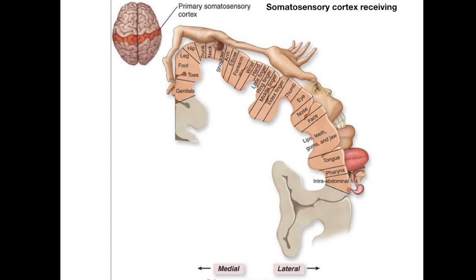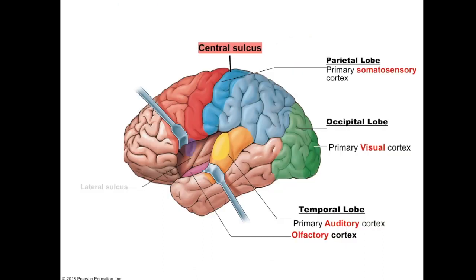I could spend an entire class on the homunculus, but that's all I'm going to say here. We'll get back to the homunculus when we start talking about the motor homunculus. So those are the areas of the brain receiving primary sensory information, and that is where the first analysis of